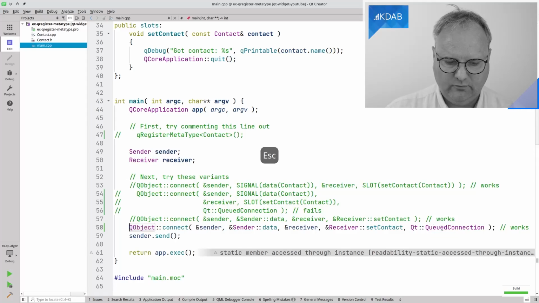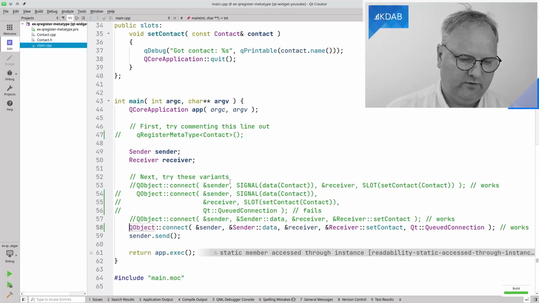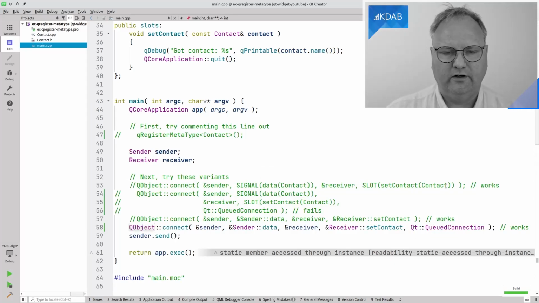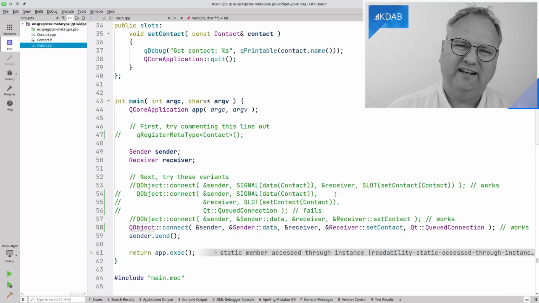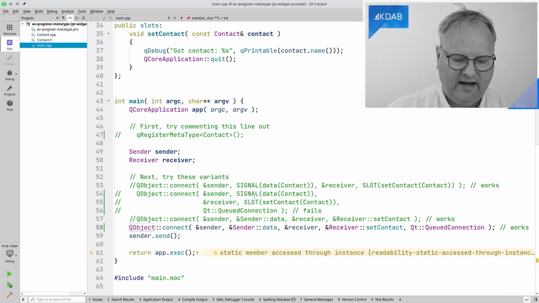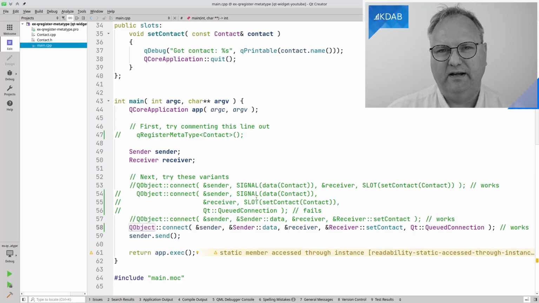So this works, and regular signal slot works. You can try it out yourself. The key thing is it's only when I'm using a queued connection and macro-based signals and slots, which you shouldn't be doing these days anyway.